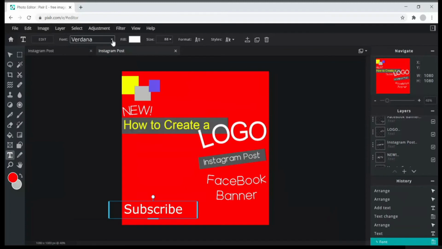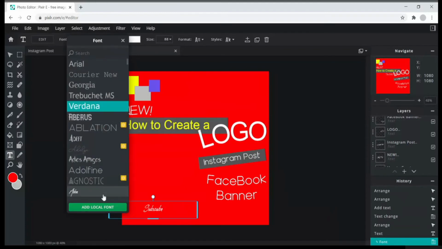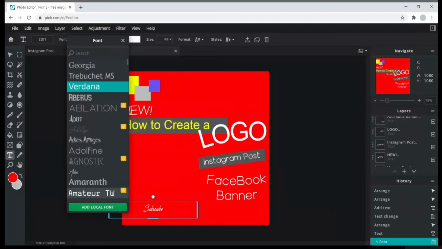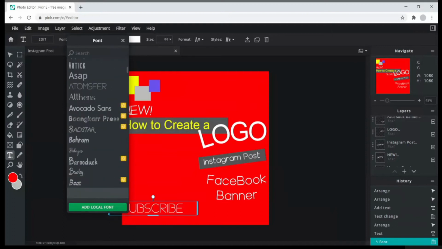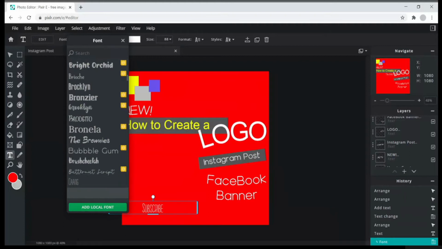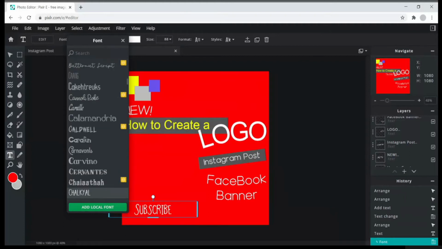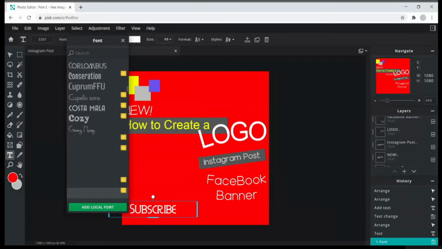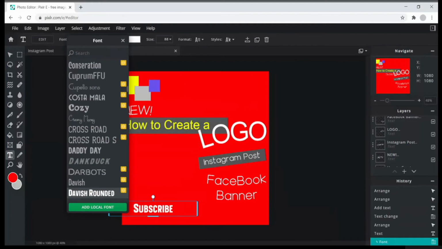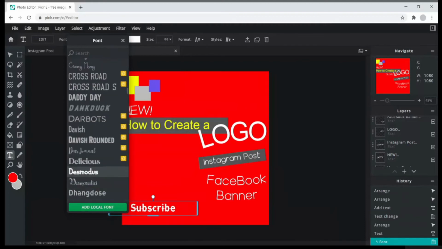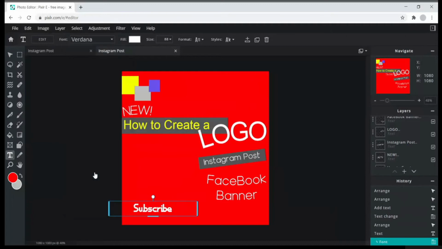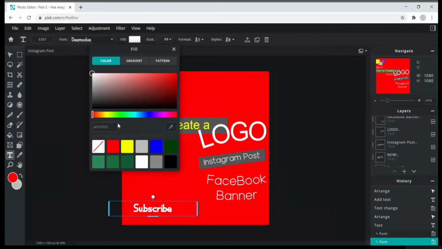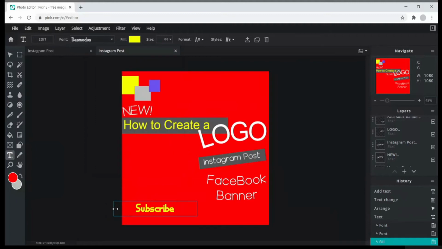But you want the message to stand out, and I would like to give it its own border and box. To avoid mixing up the text, it's important to position all of your typography in its own place. Find a font that's going to help the word subscribe stand out, but it needs to be clear. Maybe something bold as opposed to something fancy or creative. You need subscribe to be clear, so the call to action does not confuse the reader. You can neatly place it in a nice space unto itself,